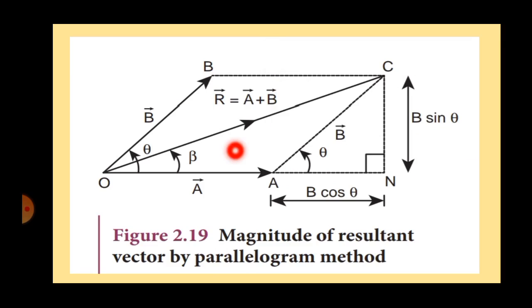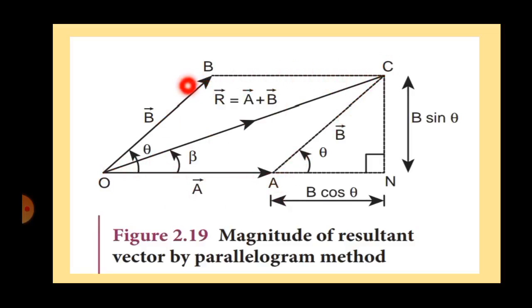Now I tell you a simple way. Listen. Let us consider A vector and B vector, which are inclined to each other at an angle theta. Let the vectors A and B be represented in magnitude and direction by the two sides OA and OB of a parallelogram